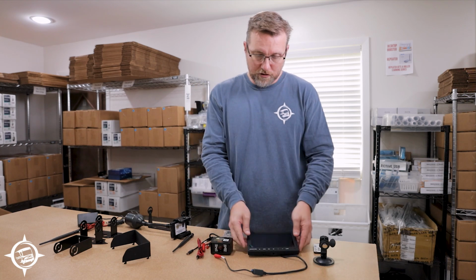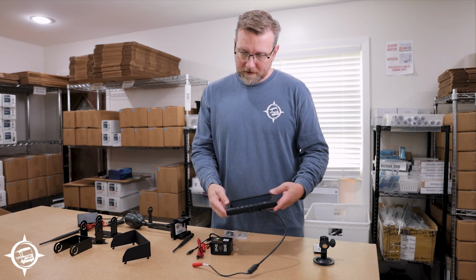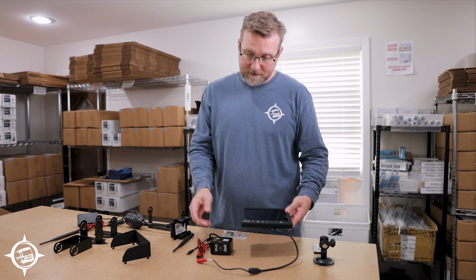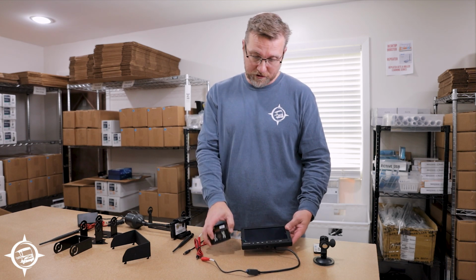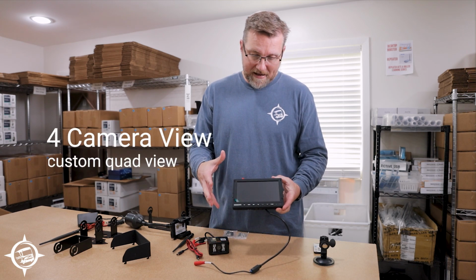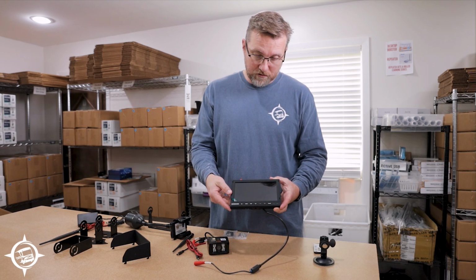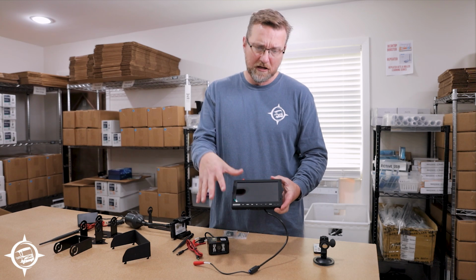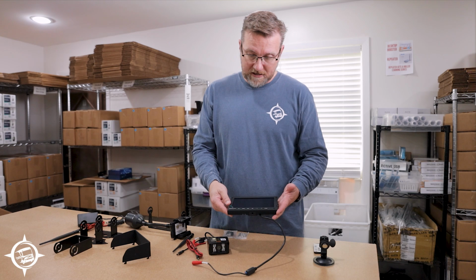As it relates to the monitor, 1080p image quality, and again, you can watch and record up to 4 cameras. So the kit comes with 1 camera. You can just add to it and do up to 4 cameras with this. It does have a quad view, so if you had 4 cameras, you could split the screen into 4 segments so that you could see all the screens, or you can do a split screen and get a couple of them, or you can just pick the camera that you want to have on the screen more